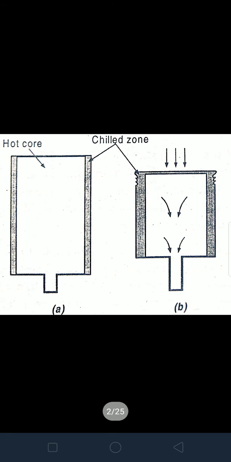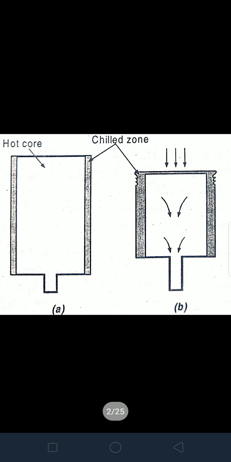This is caused by the inhomogeneous deformation of the metal, maybe due to insufficient lubrication at the container-billet interface, or due to chilling of the metal at the container wall. In direct extrusion, high friction between the billet and the container, and the greater distance that must be traveled by particles near the ram surface, result in non-uniform flow of metal. Even if the billet is heated above the required temperature, its skin becomes chilled by contact with the cold wall of the container, while the core remains hotter. It is clearly shown in the figure.